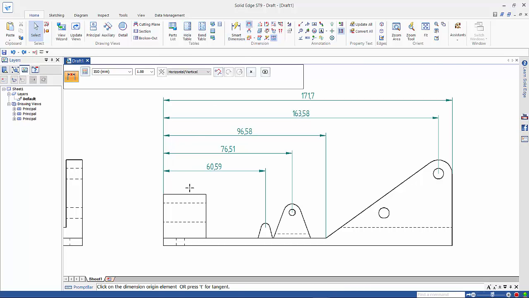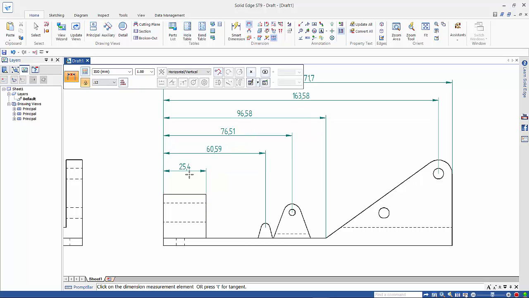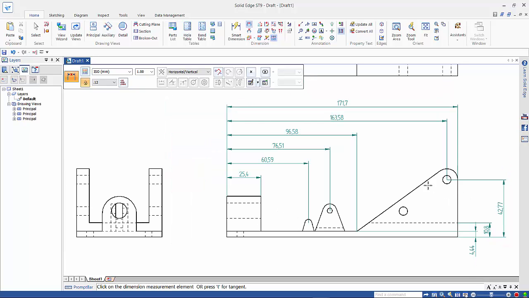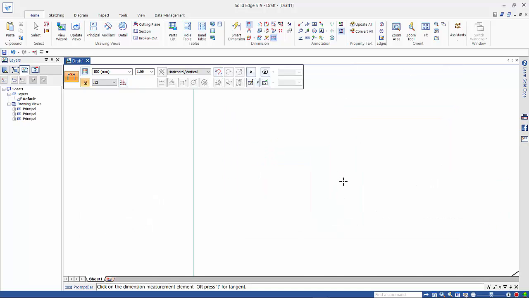So the way to get around this is to actually pick up off the leader line, and that then registers it against this stack of dimensions. So when we place our dimension this way, it shuffles everything out to fit. So right mouse clicking to reset, I can then choose a new datum and position my dimensions out to the side this time. So dimensioning is quite good with the